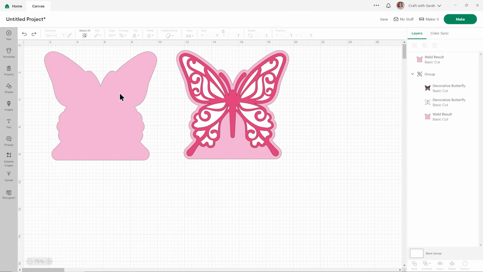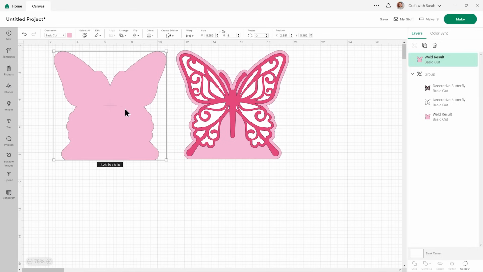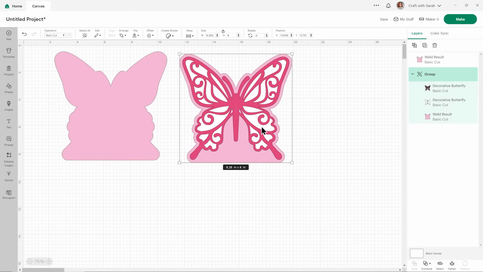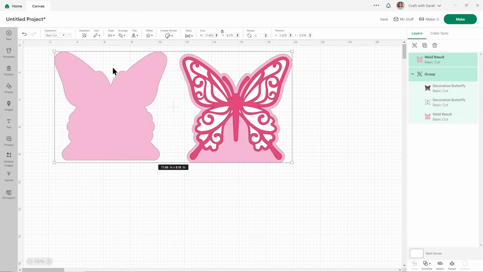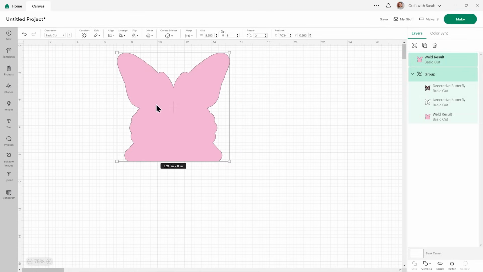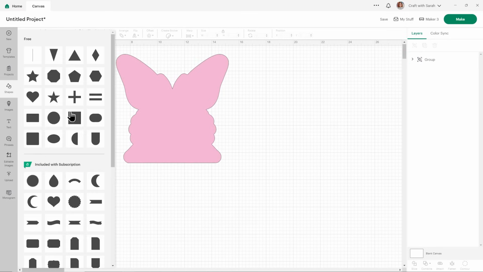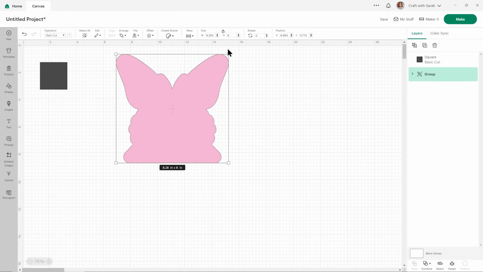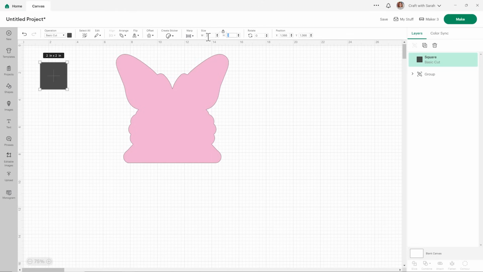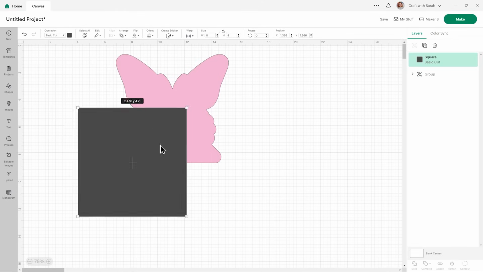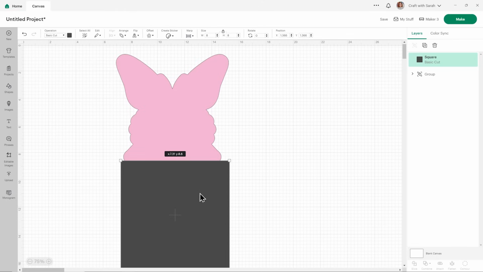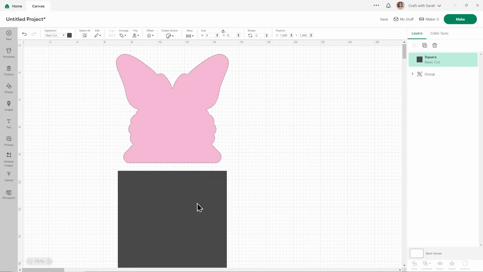And to make sure that if I resize this by mistake or on purpose in the next couple of steps that this all stays the same size, let's just select both of those and go align center to put one on top of the other. You can't see the top bit there, but it is still there, and group it. Okay, I'm going to go into shapes and choose a square, and this is 8 inches tall, so I'll make this also 8 inches tall and just overlap it slightly.